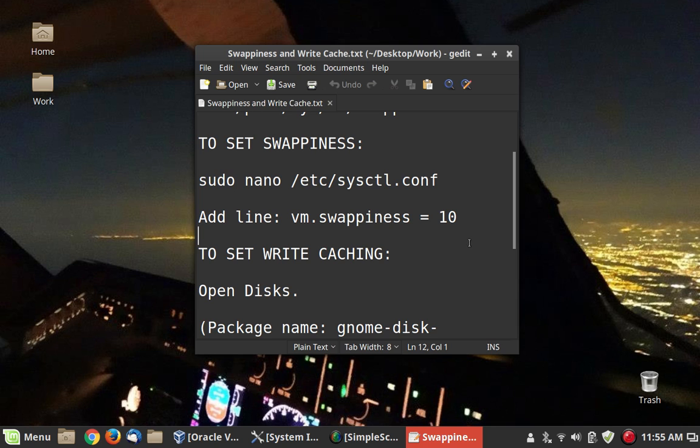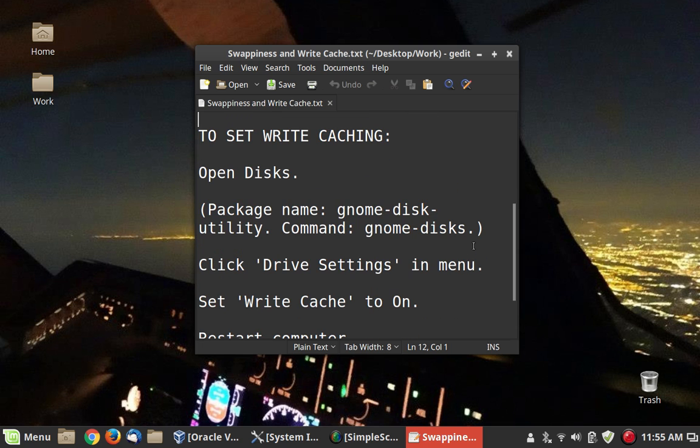So there you go. Everything you need to know about swappiness and probably more. So the next thing that I always check is write caching. And this can be done from the command line, but it gets kind of complicated because it depends on what level you're doing it. The easiest way to ensure that write caching is working on your computer is to use